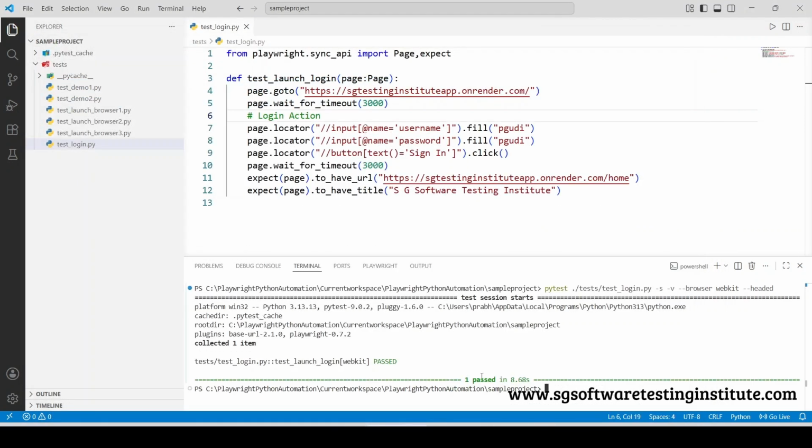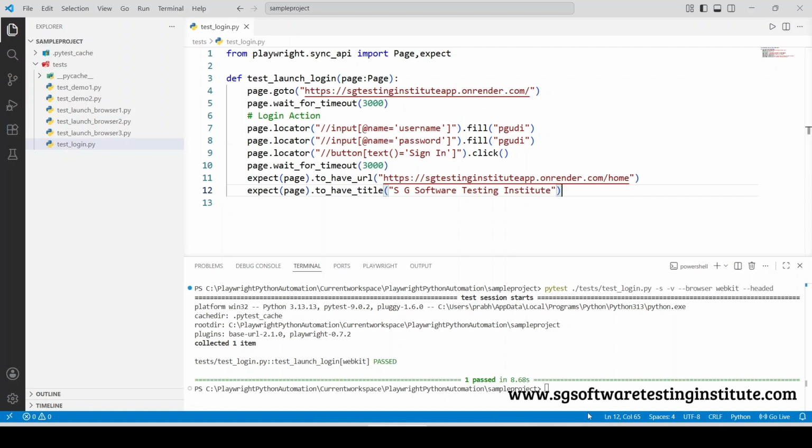And one observation here: when I was pushing my code the first time, the code actually wasn't executed because I was running a different script. I'm sorry for it. So now I have executed the appropriate script, test_launch_login. It was executing fine, and we have run on all three browsers. By default it runs on the Chrome browser, even though we have also run on Firefox and